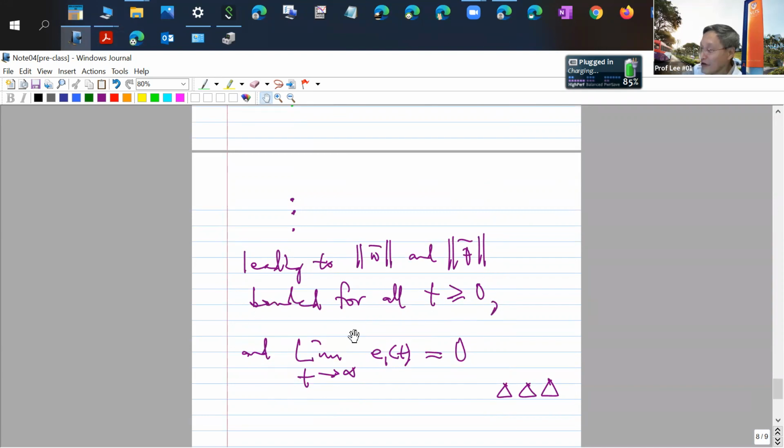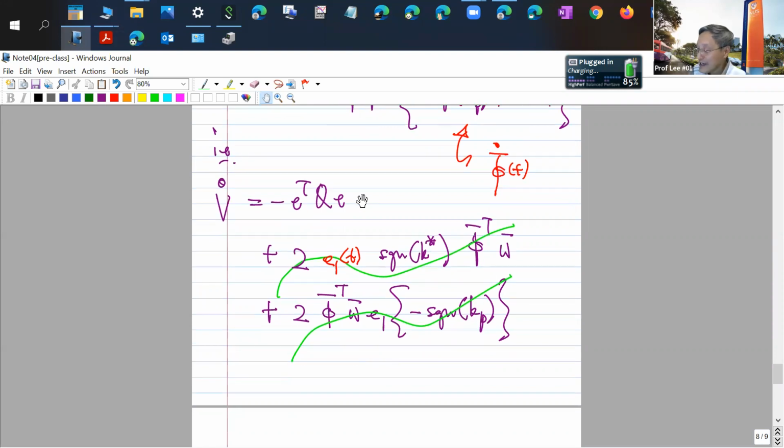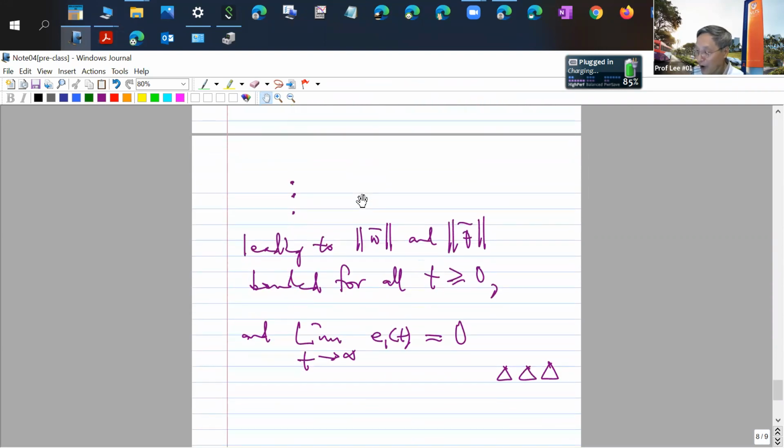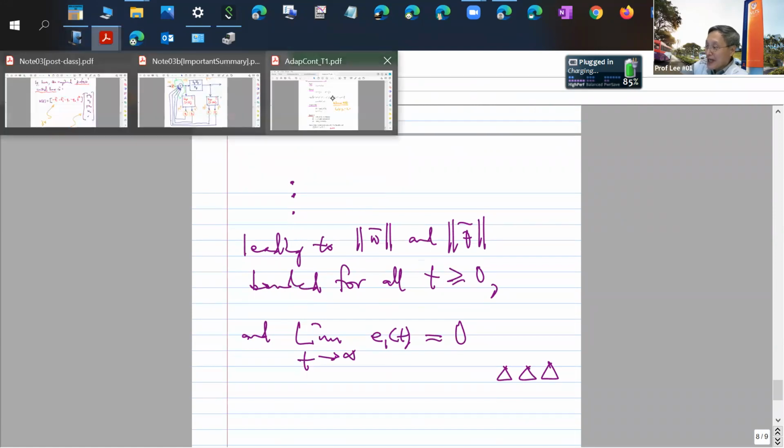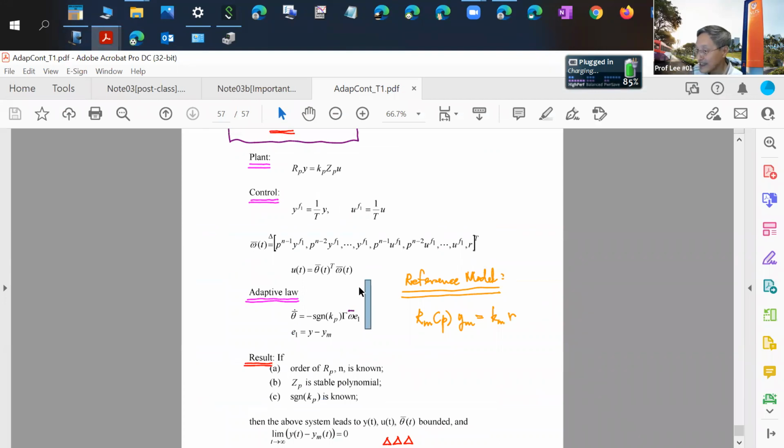And you can go ahead and do the integral of the tracking error squared, then also check the E dot, showing it's bounded, leaving us with all the required results, which then enables us exactly to say, as we have said in this summary,